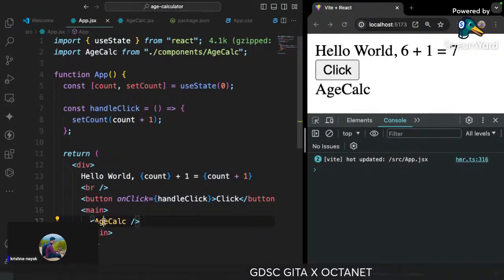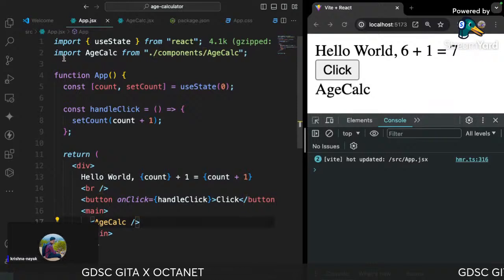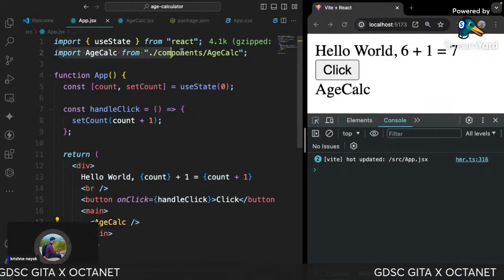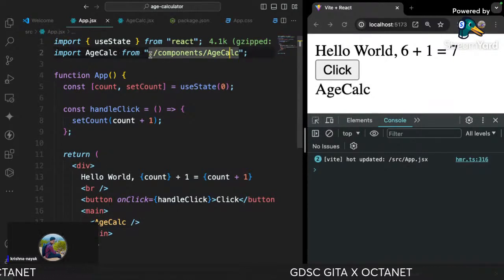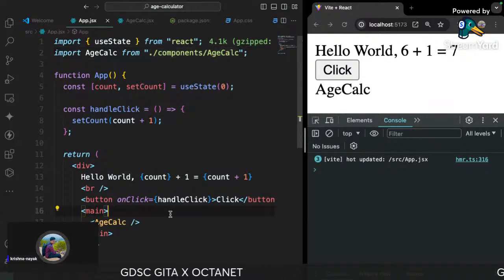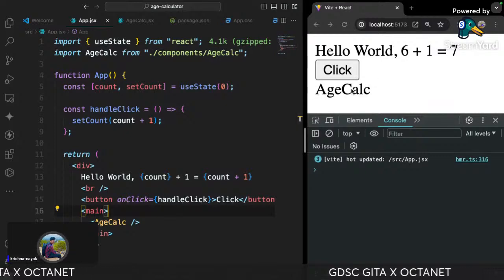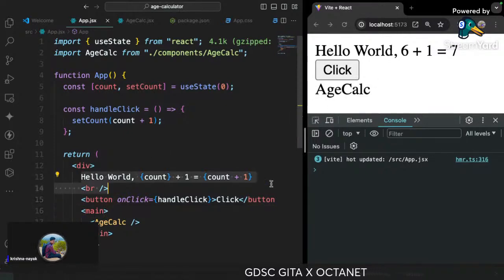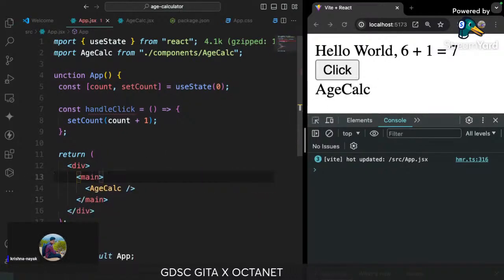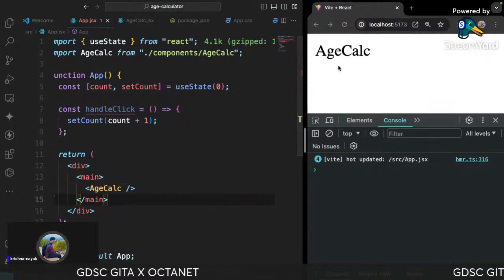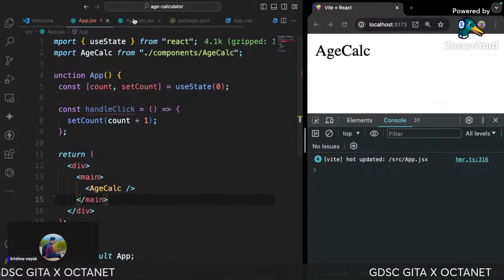Okay. I have added the AgeCalc as a self-closing tag, and as you can see above we have imported it, where the path is from the components and the AgeCalc. Okay, now I have saved the file. We are getting the AgeCalc. For now, let's remove this. Okay, we are getting AgeCalc. Now